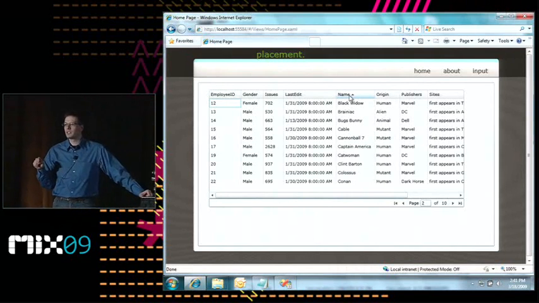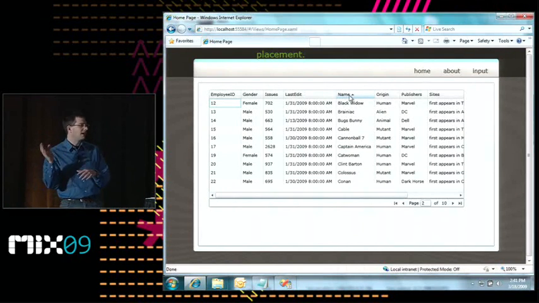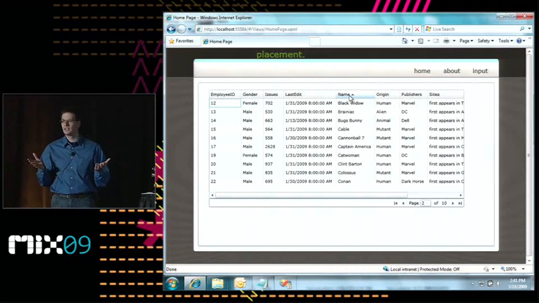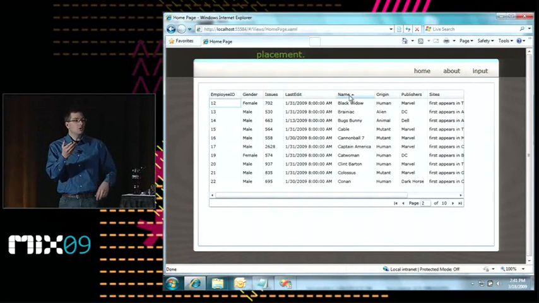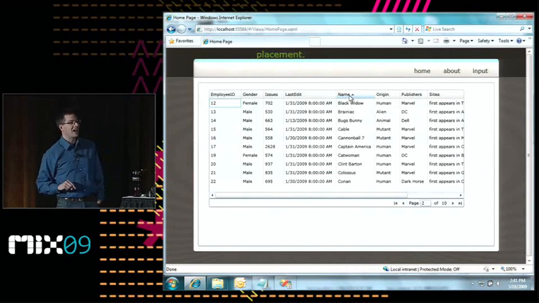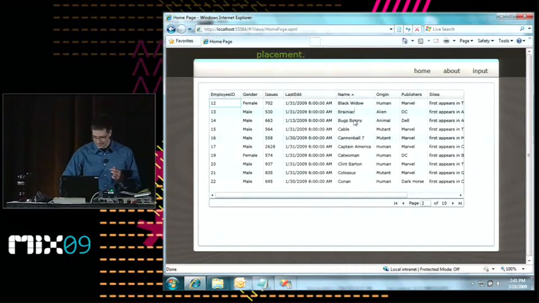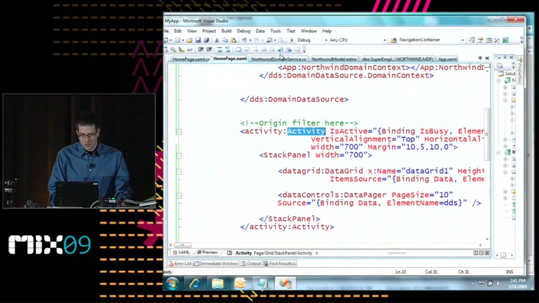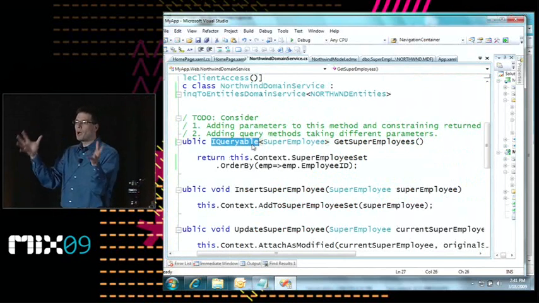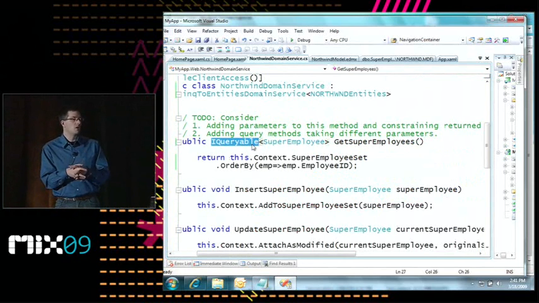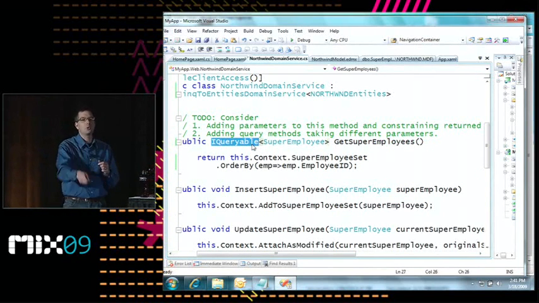Now, who wrote the code for this? Did you do that on the server? Who wrote the code to handle what page I'm on and sort by what? Where was that? No. The data grid handled the UI. But I think the most important point here is you didn't have to. What you did, with me being your proxy, is you wrote a service that returned an IQueryable. And IQueryables compose very nicely, right? So what we're able to do is call your queryable and say, OK, skip 20 and give me the next